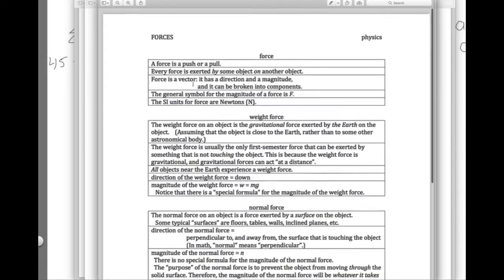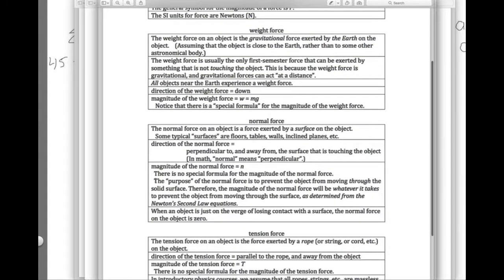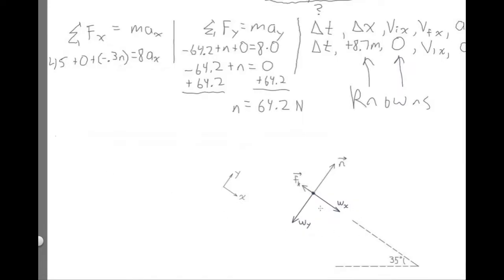Well, remember from our forces handout that the purpose, so to speak, of the normal force is to prevent an object from moving through a solid surface, like the surface of this ramp. So the magnitude of the normal force will be whatever it takes to prevent the object from moving through the surface of the ramp. Well, in this problem, who is trying to move this object through the ramp? It is